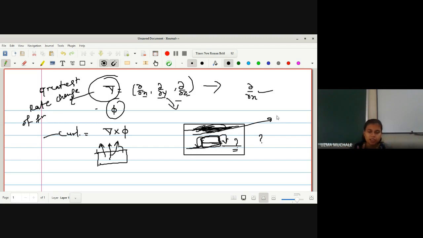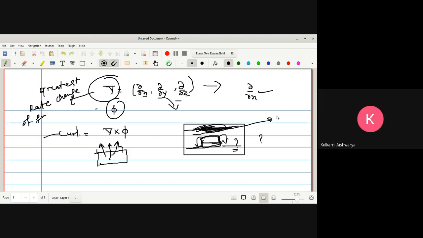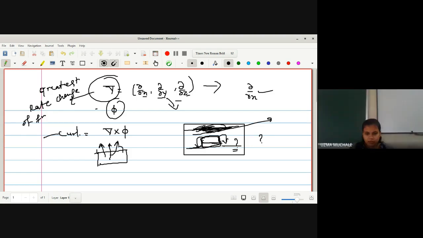Okay, so this is the real life example of a gradient, which gives you the rate of change of a function, rather the greatest rate of change of a function, and in this example the greatest heat. Where the heat is highest, your dough will increase in that same direction. Okay, got it? Yes, ma'am. Okay, so this is about the gradient.